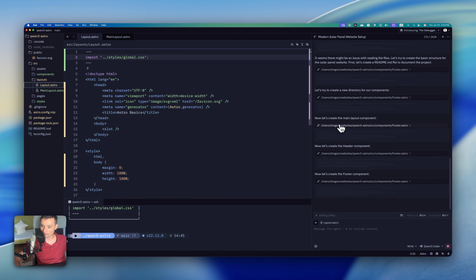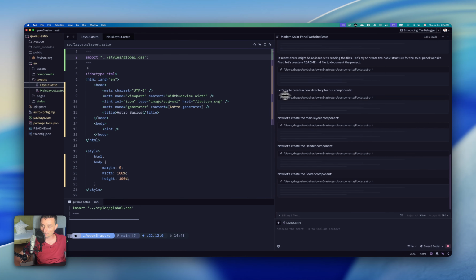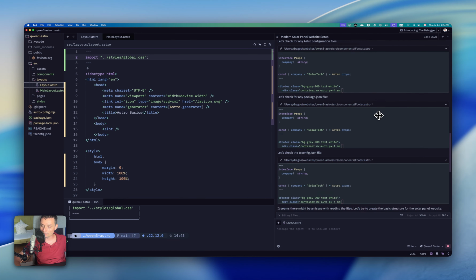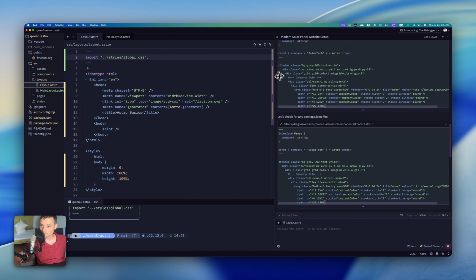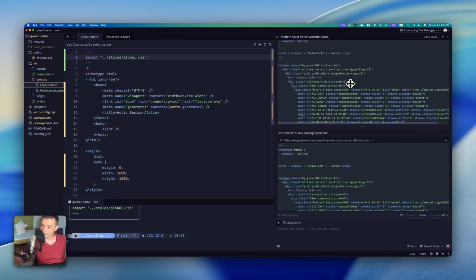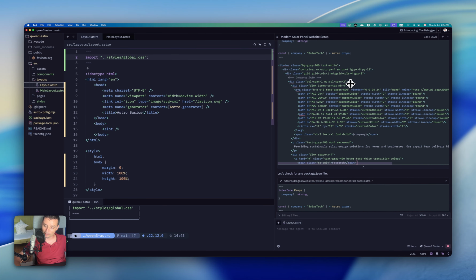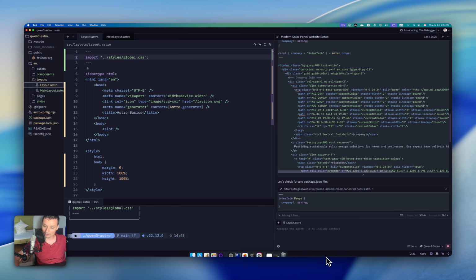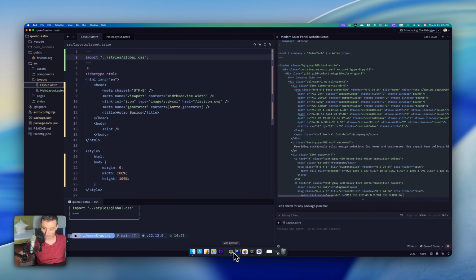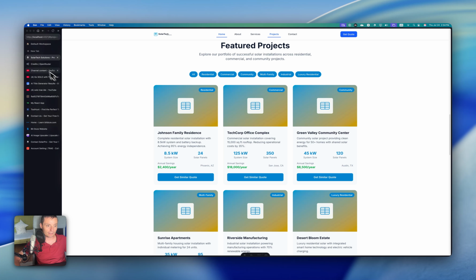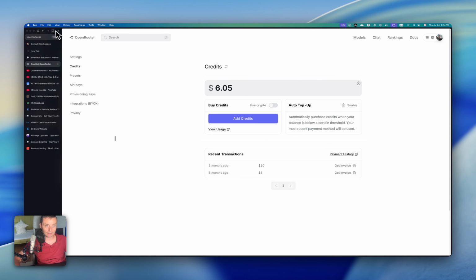Okay, right now it's trying to create a footer, so it's going well. The only problem is with this. Maybe it's a problem with Z, I don't know. We're going to see. Let him cook right now, and let's go and check, for instance, and see the credits, how many credits I